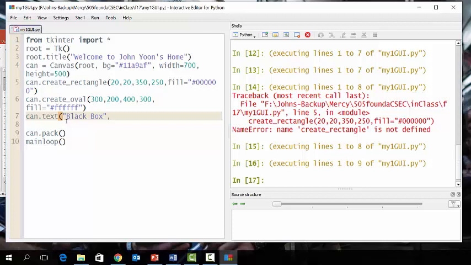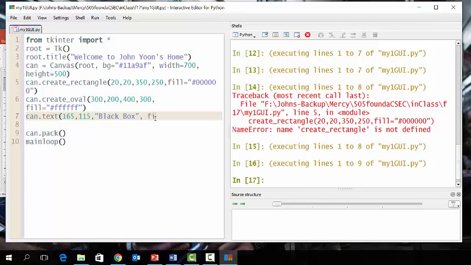So 20, 350, so 330, 165, so 165, comma, so 230, 115, black box,